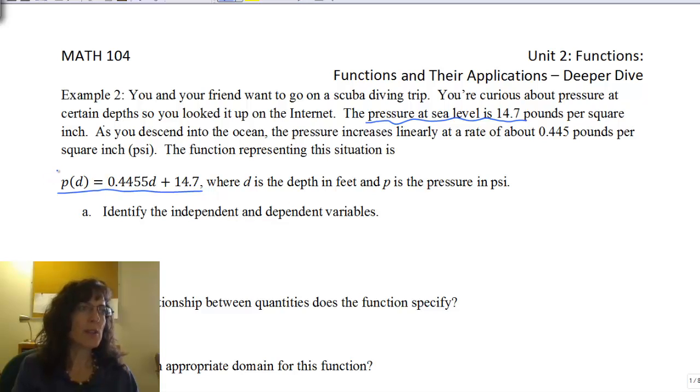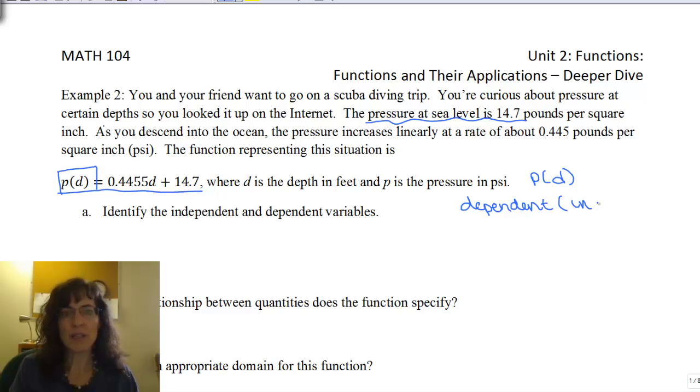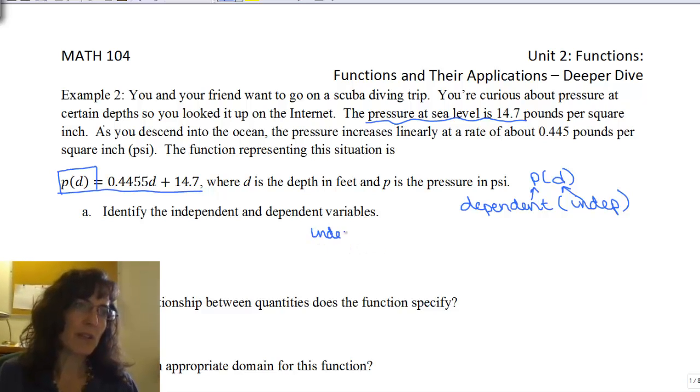So if we look at this initial function notation, P of D, we can use that to help us determine. It's always going to look like this: dependent by independent. And so that tells us that D has to be our independent and the P has to be our dependent. So we can say independent has to be the D, which is the depth